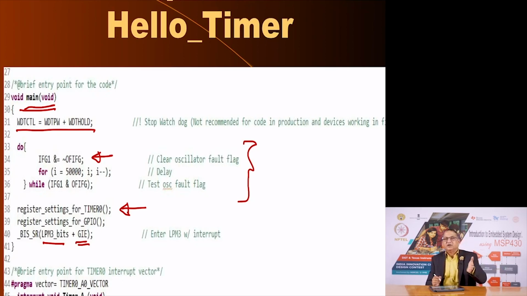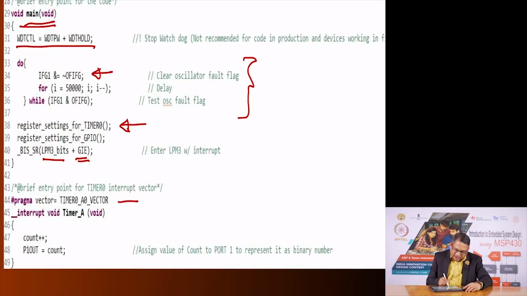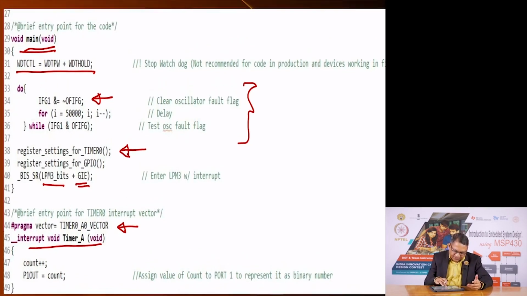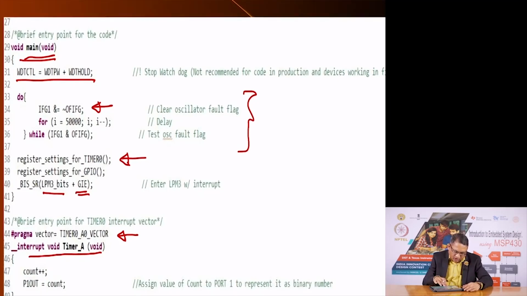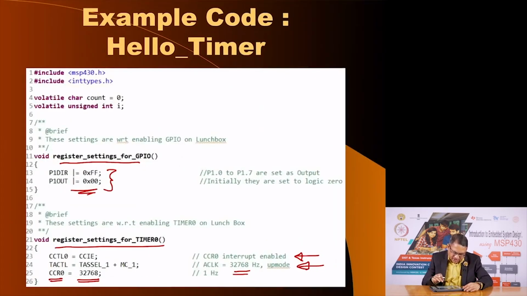That means once 1 second gets over, you are going to go into the interrupt, and this is the interrupt program. We are saying that our vector is the timer 0 A0 vector, and this is the code for it. And what is the code? Simply have a count, where you increment the count. And what is count? If you see here,